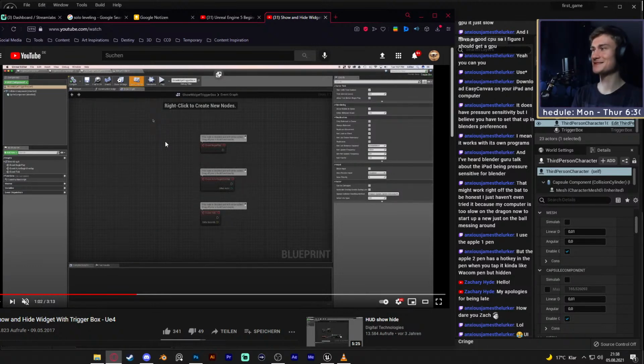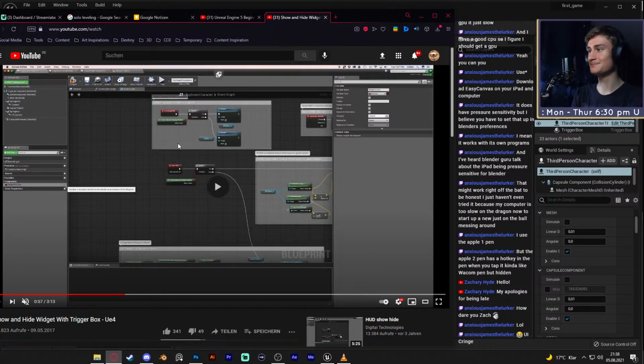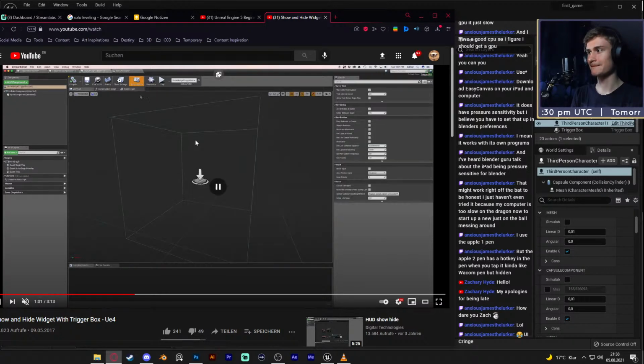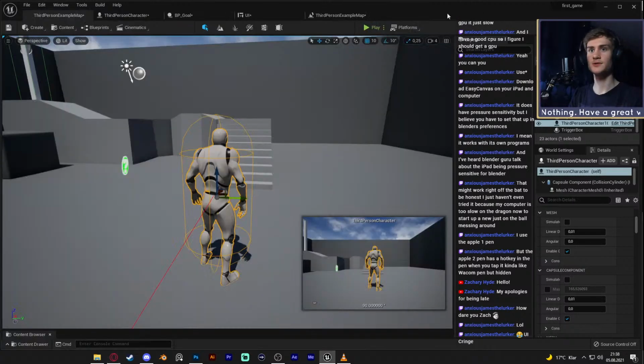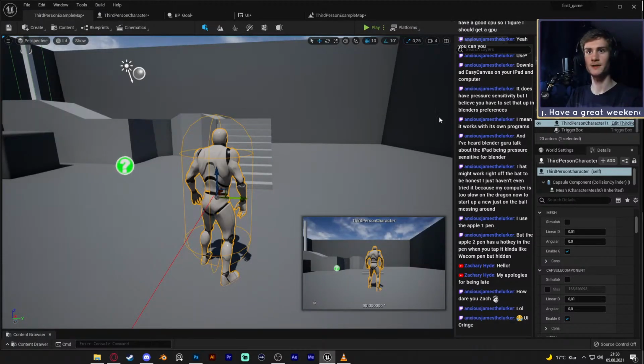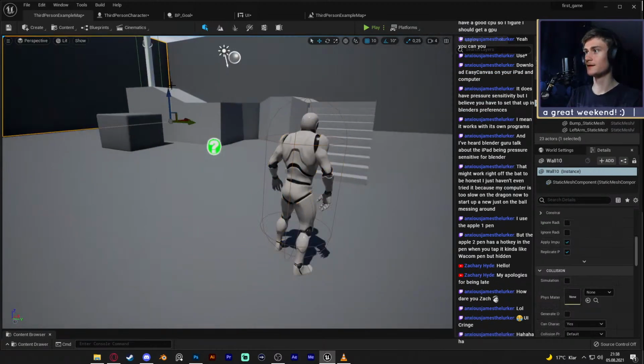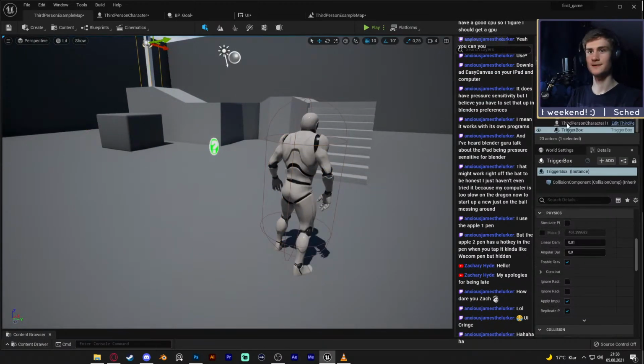What is that? He just switches to something else. Oh, that's the widget event graph for the widget trigger for the box. So the box should have its own trigger, right? Where's the box? There it is. Nope, that's not the box. There you go. Trigger box. Nope, there's no